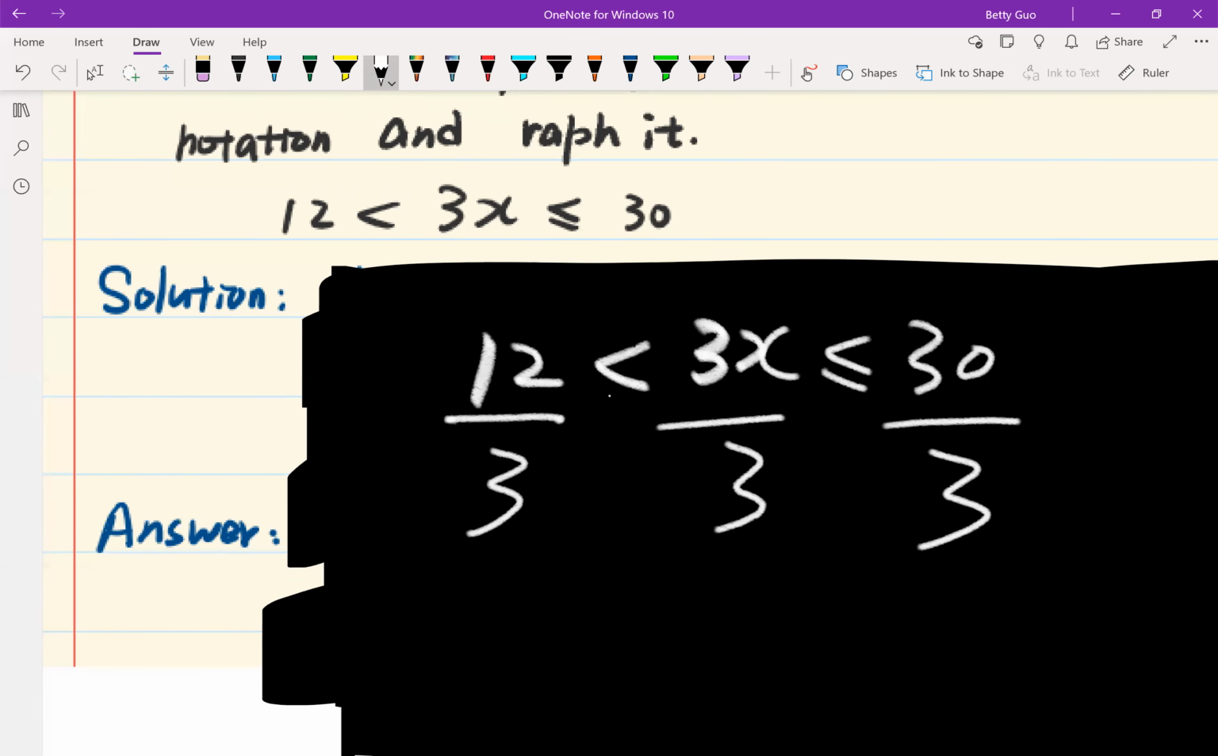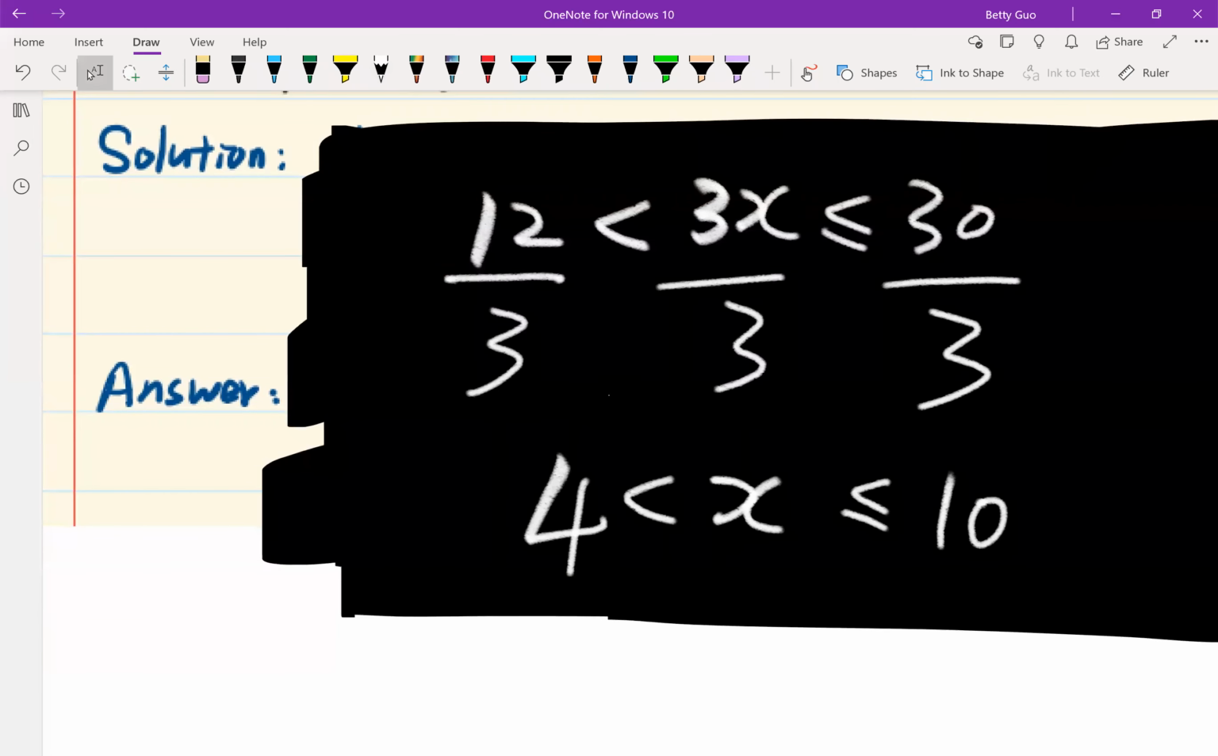Hold on. Do we need to switch the direction of the inequality here? No. Why? Because 3 is positive. So we have x in the middle. What is 30 divided by 3? What's 12 divided by 3? Okay. So when you graph,